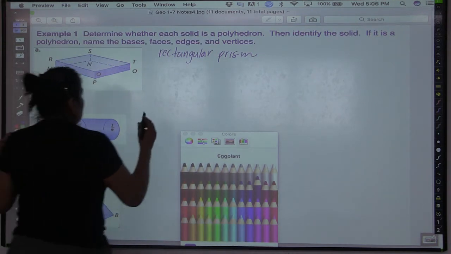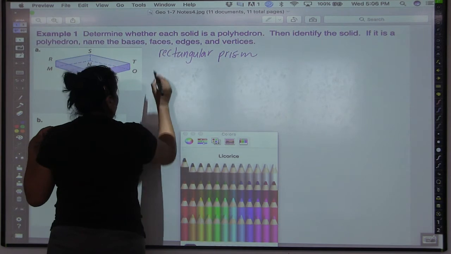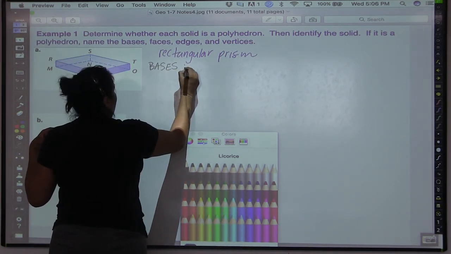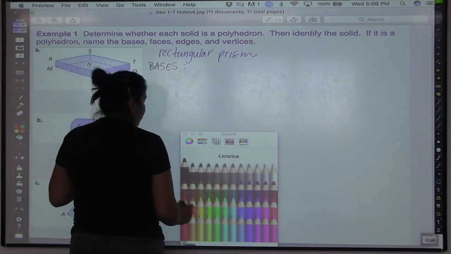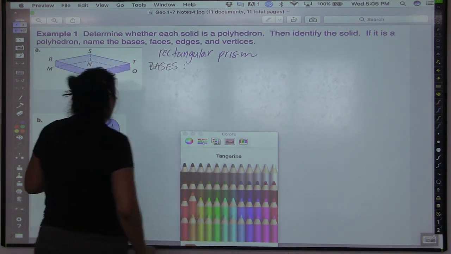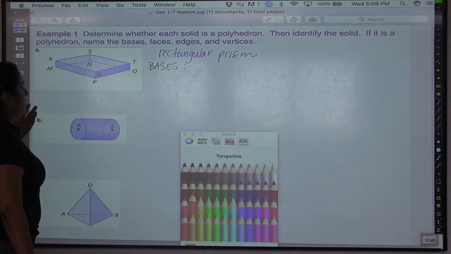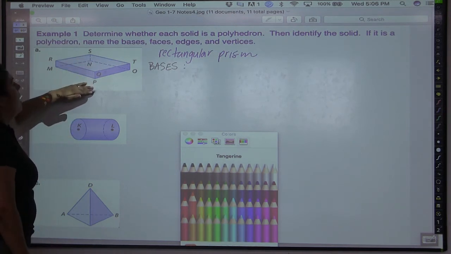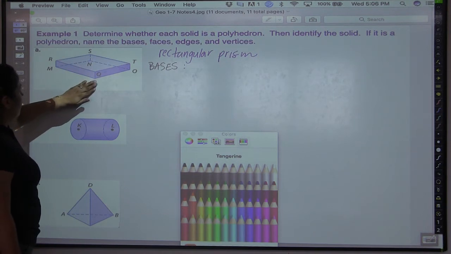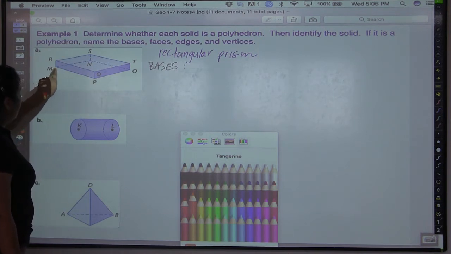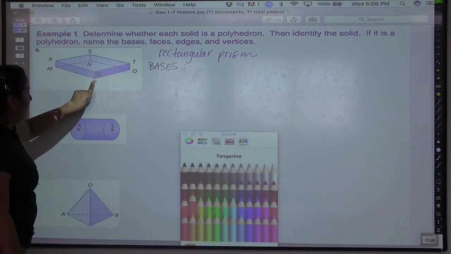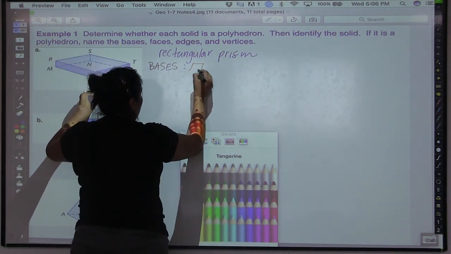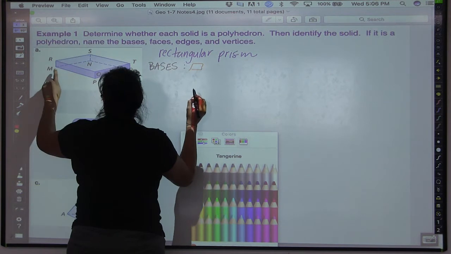So let's start here with bases. I hope we have enough space for all this loveliness. But we have bases, and I'm just going to go ahead and do what the easiest thing is, to just call the bases top and bottom. There's no reason not to. And so if I talk about the bottom base, I'm going to go from here M, N, O, P, and it is a quadrilateral, a parallelogram, so I'm going to write a symbol for parallelogram, and then I'm going to write the letters M,